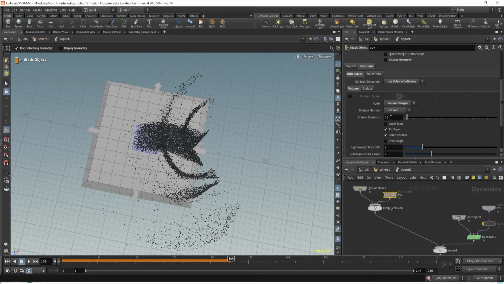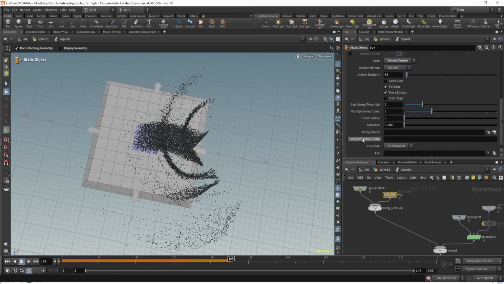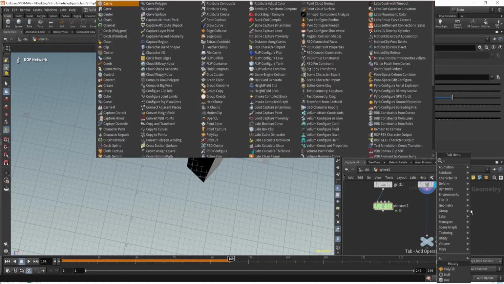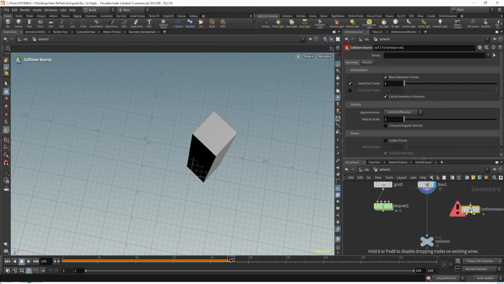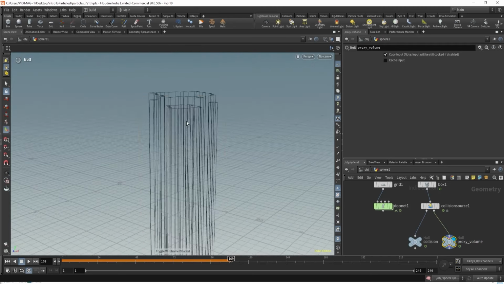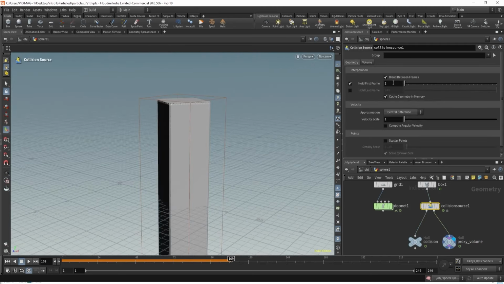Let me just reset everything, and how to use this over here. If you use this, we have one more parameter over here. Let me reset. You have a parameter over here, proxy volume, and let's just use that. So here I'll use collision source. The first input is this proxy volume, and you can see we have some volume over here, and you can control this in the second tab,